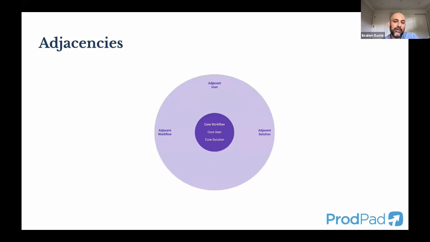So let me give you an example. I can guarantee you a lot of your products have an adjacent workflow, which involves exporting a CSV file and then doing something else somewhere. So they're in your product, they're doing something. And then at some point, it's like, okay, I've reached the limits of what I can do in this product. I'm going to export this as a CSV and I'm going to finish it off in Excel. Excel is undefeated as an adjacent workflow. And a lot of products come out of, what are people doing in Excel? Let's bring that into our product, or let's build a new product around it.